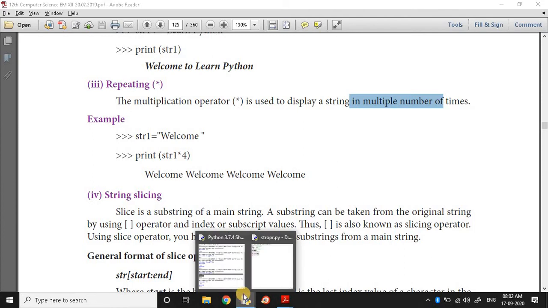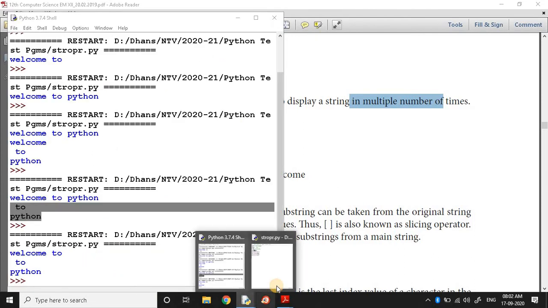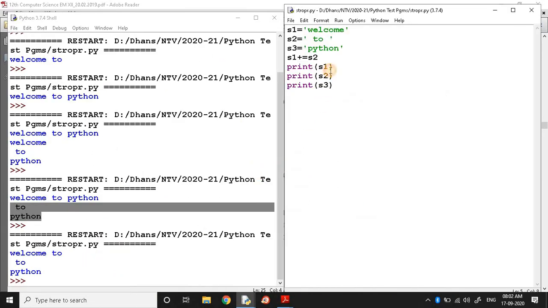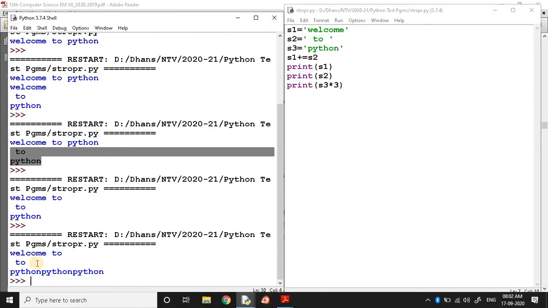For example, in our program, if you change it to S3 star 3, what will happen? Python, Python, Python. That means the string will be repeated 3 times.